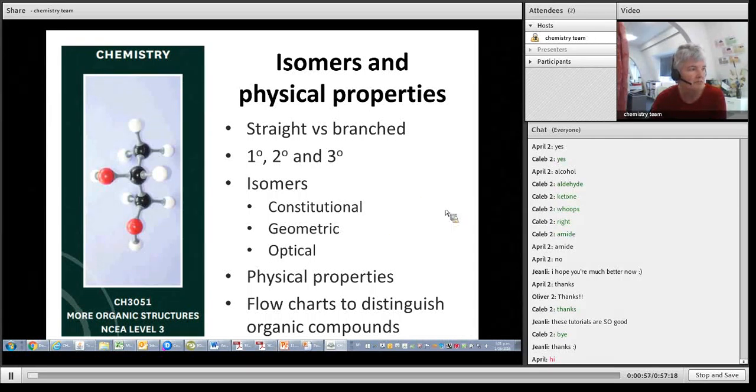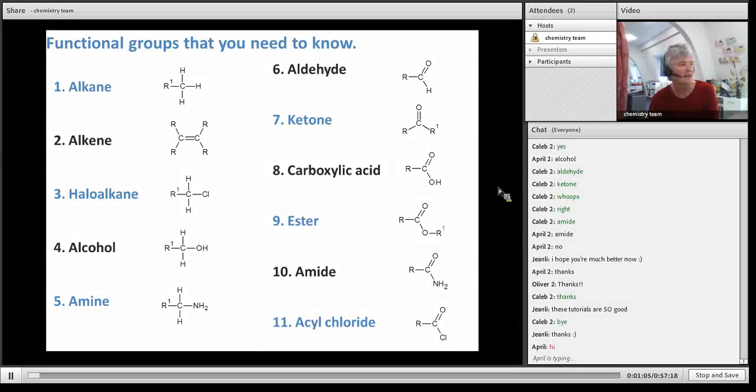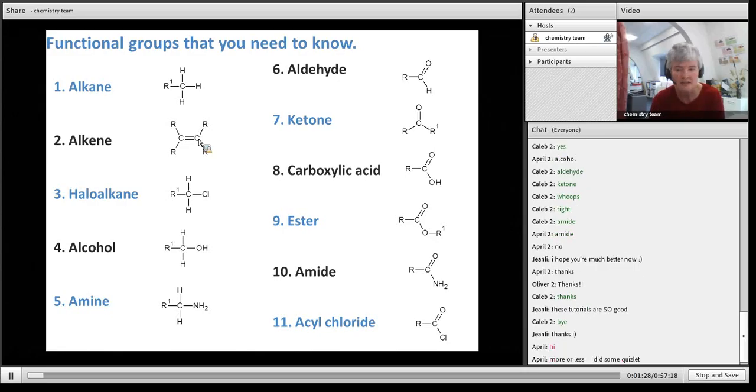Let's just look at these functional groups again. Do you remember all these groups? So the alkane, just C and H bonds, all single. Alkene, a C-C double bond. Don't just say double bond, because you know two different types of double bonds now. You know the carbon-carbon double bond as well as the carbonyl one, the CO double bond. Okay, the haloalkane, it just has the